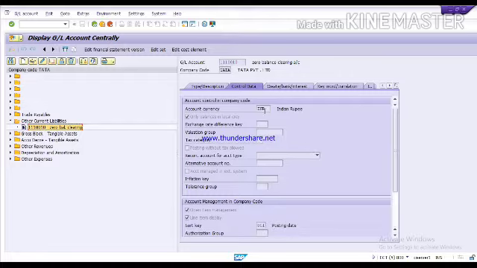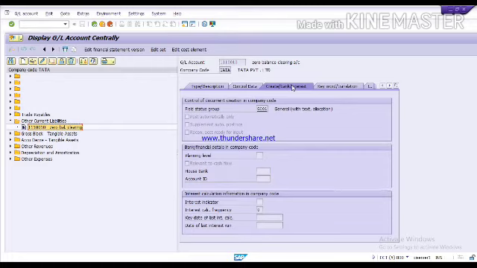Here give the currency, INR I have given. Then click on local balance currency. Then click on open item management and line item display. Then give sort key 001. Then click on line item, create bank and interest. Here give the field status group G001 and then click on save. So friends, like this you can create a zero balance clearing GL.